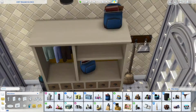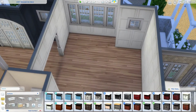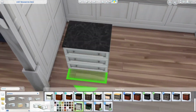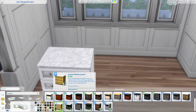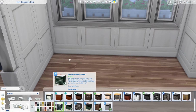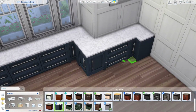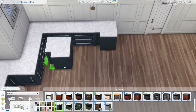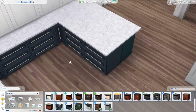and then I wanted to clutter up that shelf there that you could see with the kids' things and coats and stuff like that. I really leaned into these nautical colors. This is, I think this is,